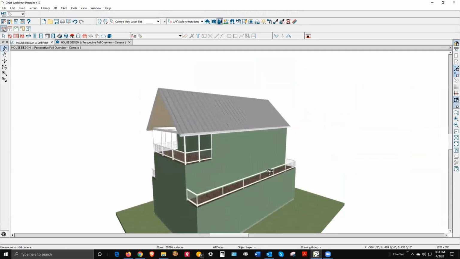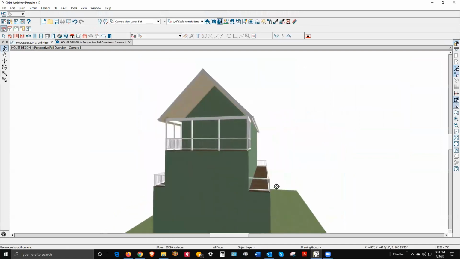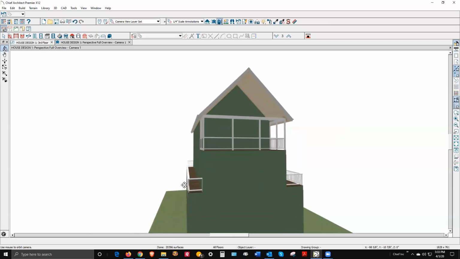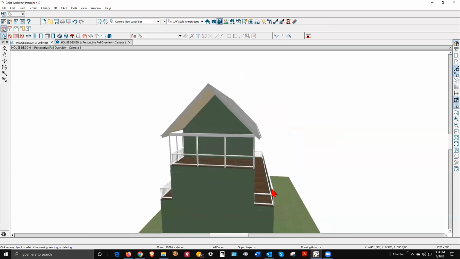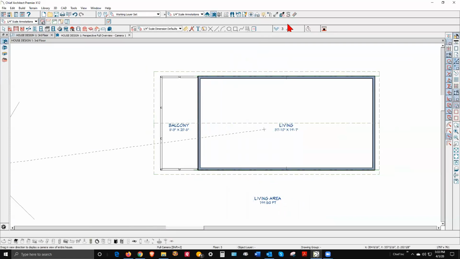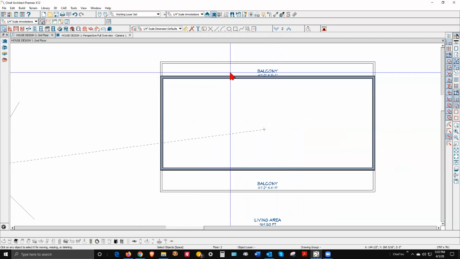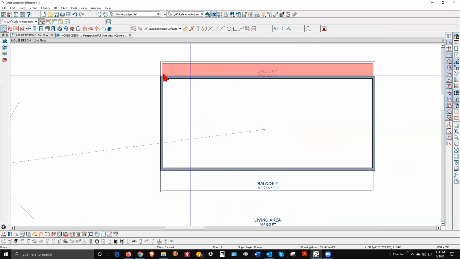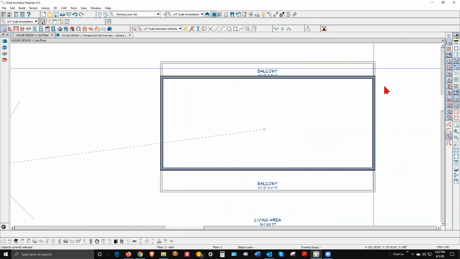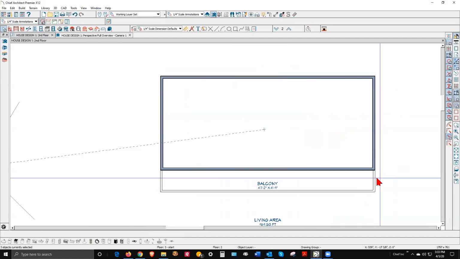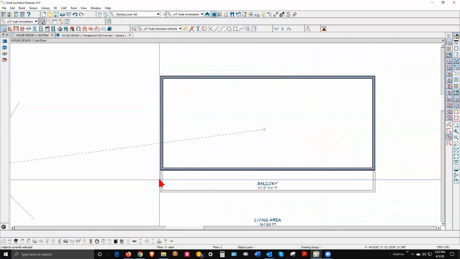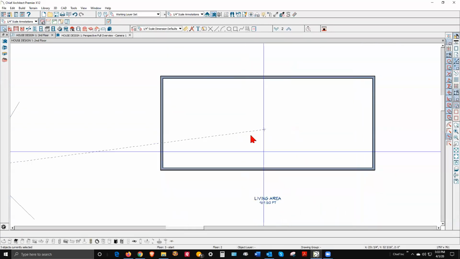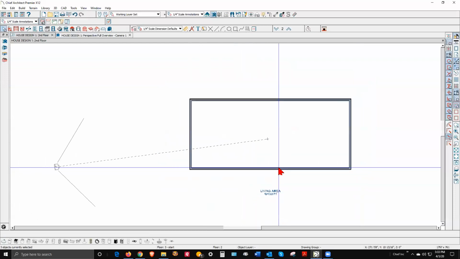Now, I'm a little foggy in your elevations. I don't see railings there. But in your post, I thought you said that there was decks here. If you don't want decks there, no big deal. Let's go down here. I'm going to open up, well, let's see. I'm just going to delete these walls. So now there's no longer a balcony there. And what will be built there will be hip roofs. Now,